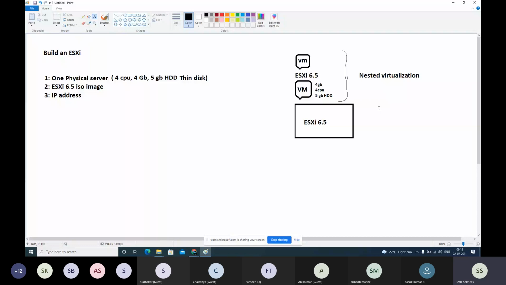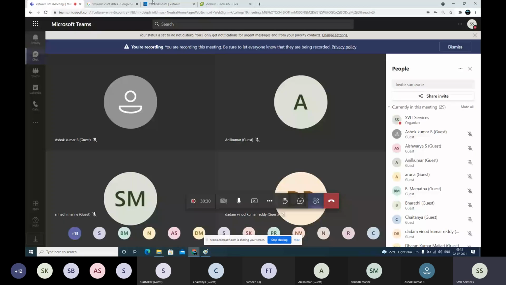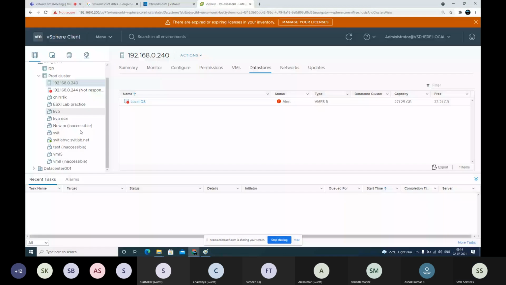But you don't even need to differentiate it from real-time work. You can directly work on a physical server also. But once you get confidence here, you just work on the physical server. Because this ESXi host we are using for everything. Our virtual center is also running here only. If you directly practice now itself, we will lose our vCenter. Because on this ESXi host only vCenter is also running. Fine. So we will lose that.